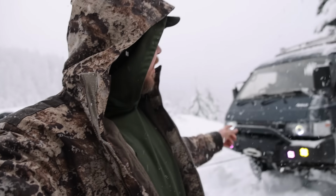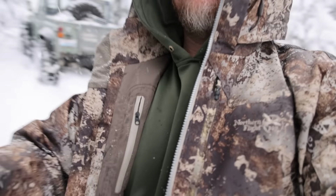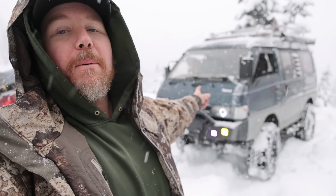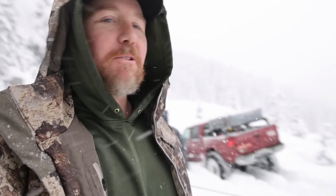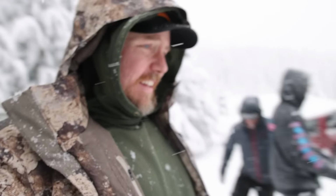I love how similar Nick's van sounds to that. That is a 2.5 liter indirect injected turbo diesel. British, of course. That is a Japanese 2.5 liter indirect injected diesel. They both sound so similar. Now, Kelly's